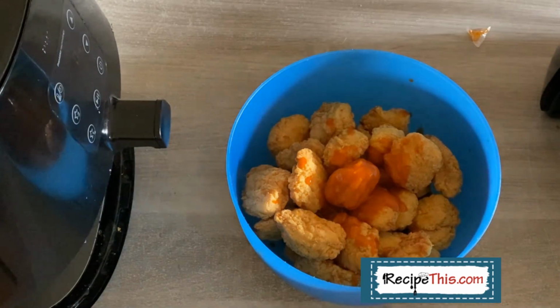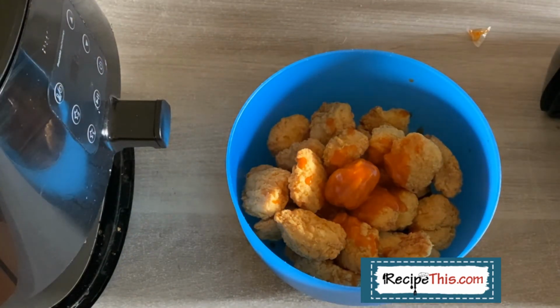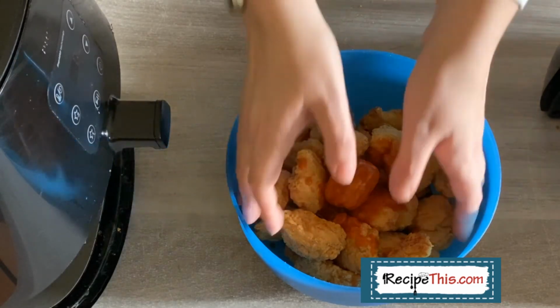So what we did was we only put a quarter of a sachet in, thinking, I've heard buffalo sauce is really, really spicy. How bad is it? Especially when you're feeding small children. Realised that it's not that bad after all, and absolutely loved it. So then,